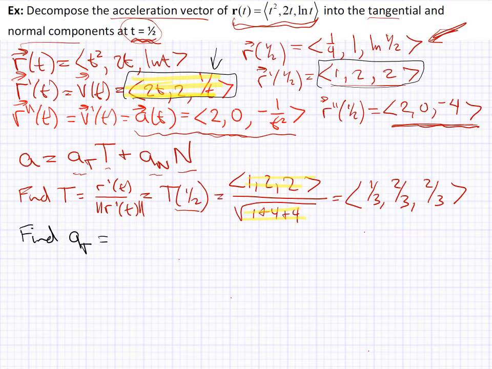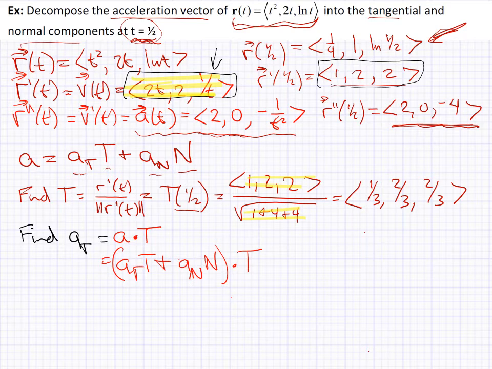And there's actually a ton of formulas to find a sub t. If you look in your book, if you look online, there's going to be all kinds of formulas for a sub t. The simplest formula for a sub t is to do a dot t. And the reason why a dot t works, if I just show you real quick, is remember, a is a sub t plus a sub n. If I do that dot t,